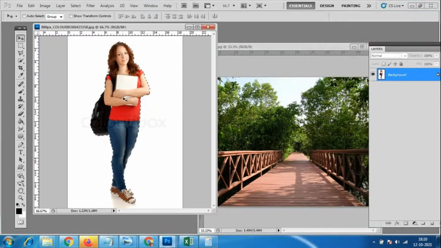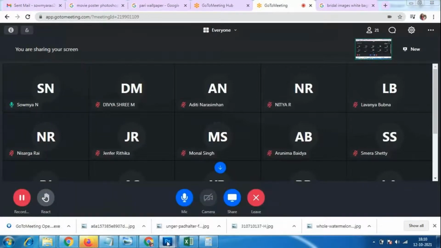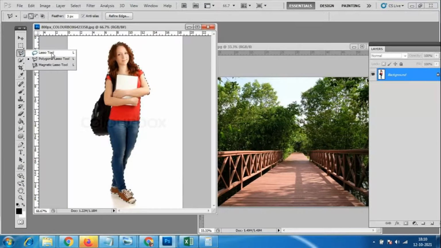Ma'am, my network went a little, it just cut off. What tool is that? It is a polygonal lasso tool. Here we have the lasso tool, first one. Next one is the polygonal lasso tool here, the second one. In the toolbar, the third one, first you can see only the lasso tool here. If you click on here, there are three different tools. The second one is the polygonal lasso tool. Easily we can cut using this tool.